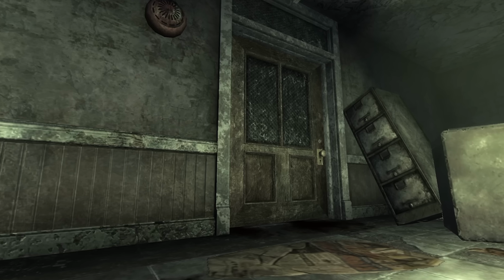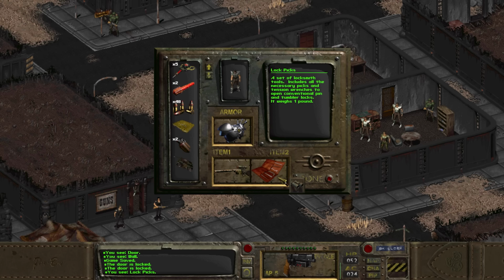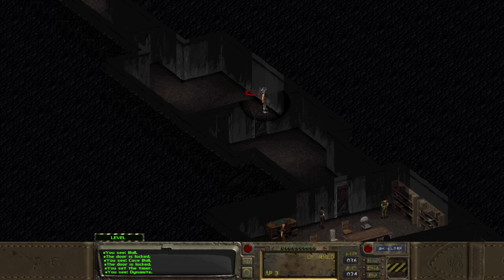What you might not know about these so-called doors is that in the original games, if you didn't have a high enough lockpick skill to get through one, there were other options. Lockpick sets, or electronic lockpicks, could boost the lockpick skill. Planted explosives like dynamite and C4 can be placed nearby non-fortified doors to blow them off their hinges,